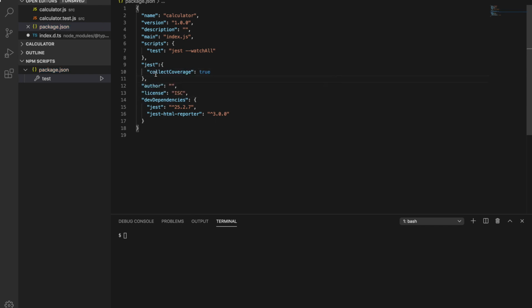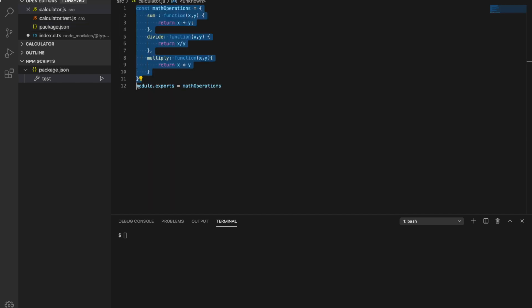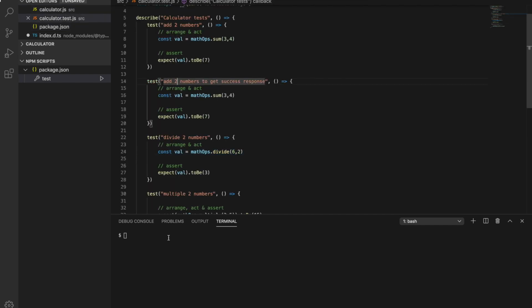So now with this, every time the test is run using Jest, it will collect the coverage reports for the test executed.